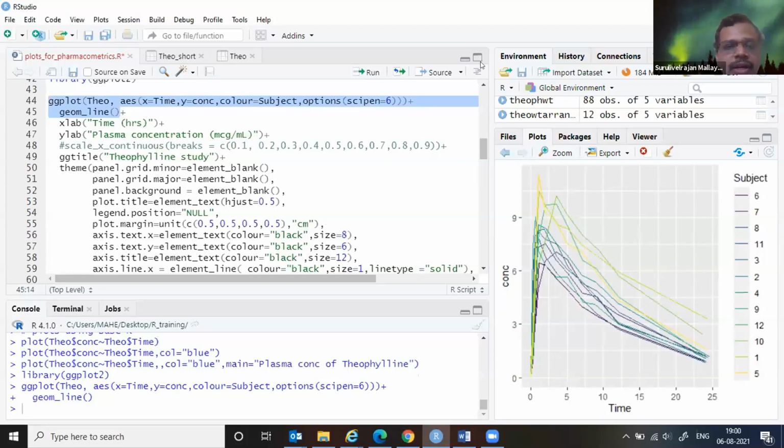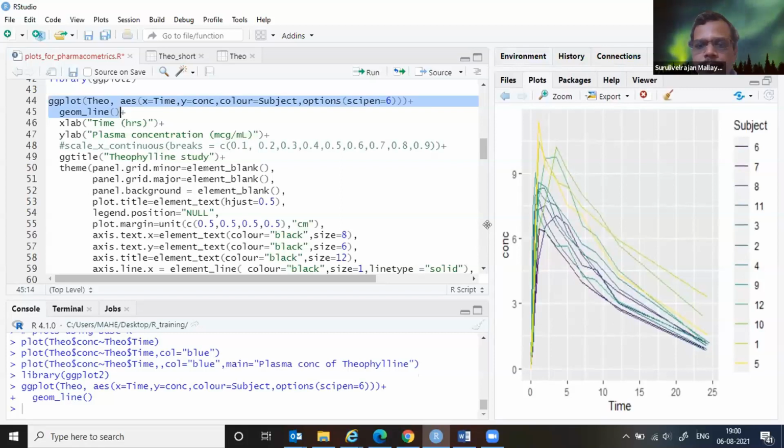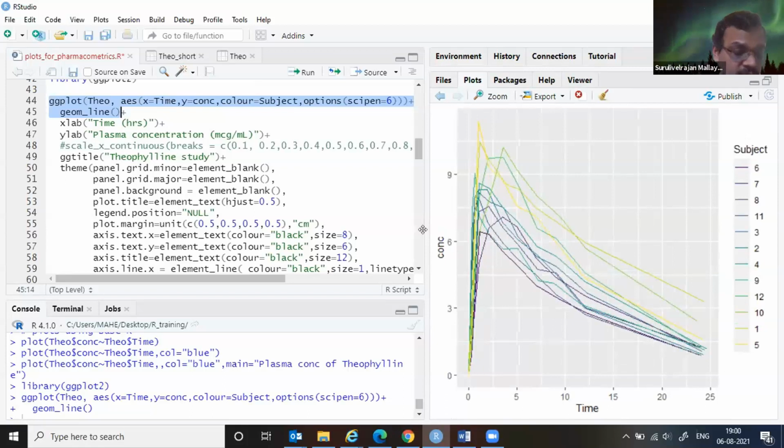The x and y axes are automatically given. It's not the customized names we were giving, but whatever x and y you gave, for example concentration on the y-axis and time on the x-axis. And yes, it's a reasonable plot. Not so great, but reasonable. Okay. Now, moving to the next layer,